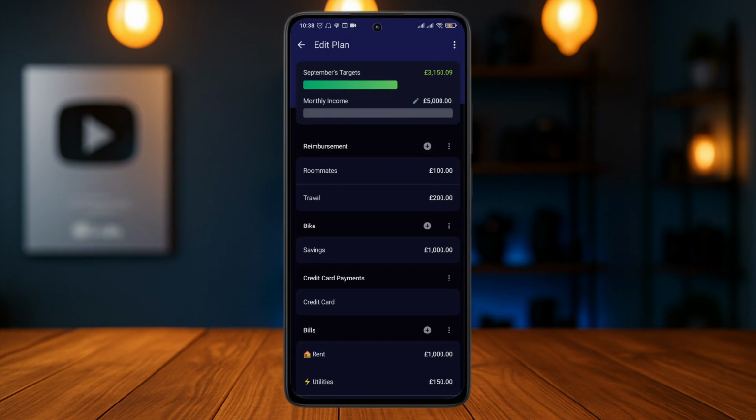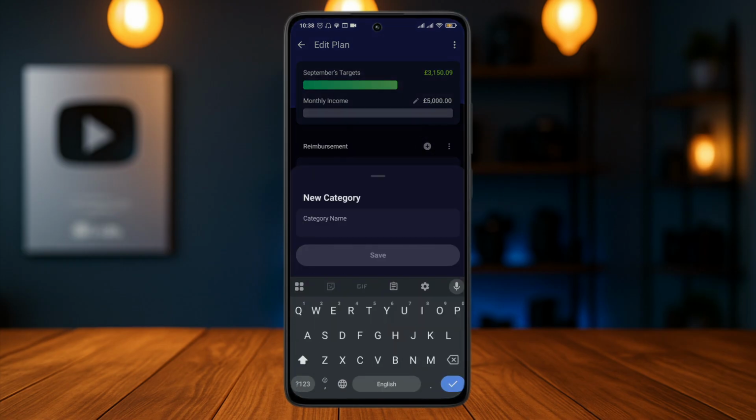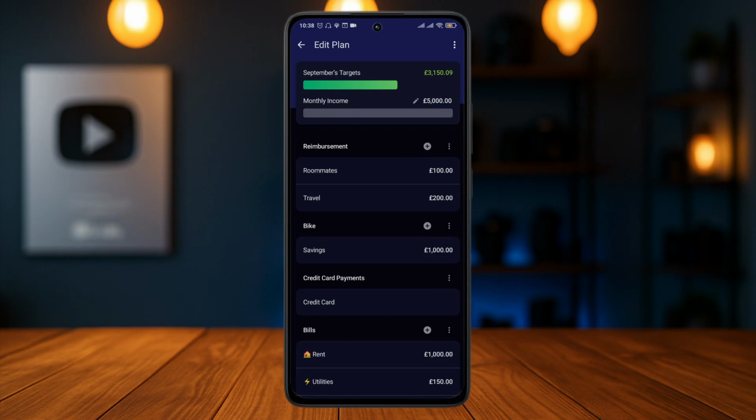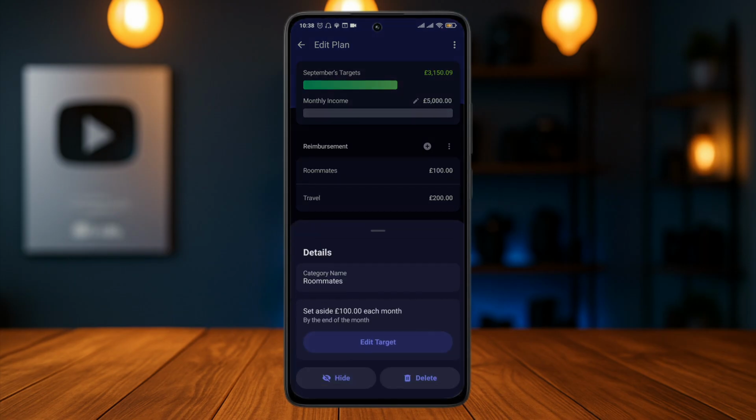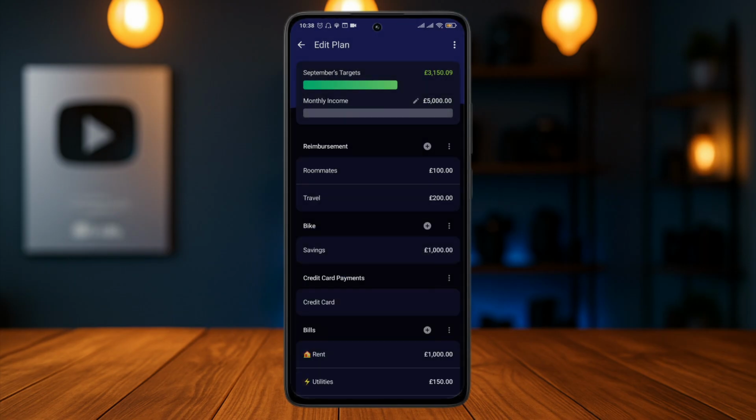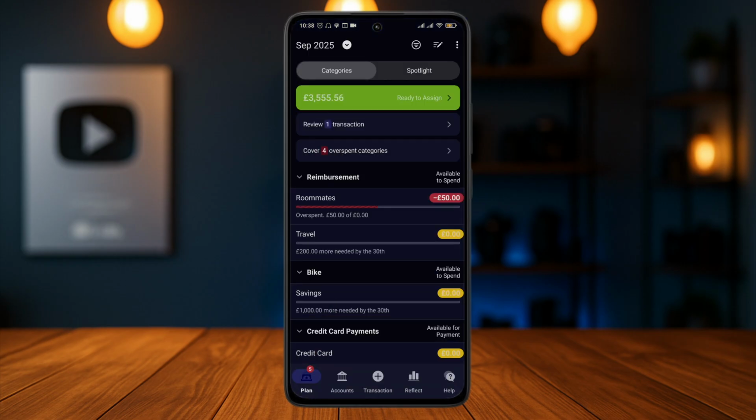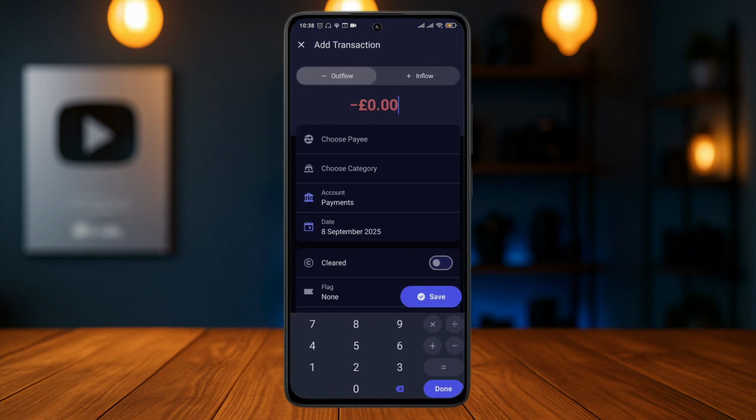So any type of reimbursement that you may have, tap on the three dotted line right here. Once you do, you will be able to add in the exact amount that you need to receive from any of these transactions. Once these reimbursements now have been created, you can now tap on transactions on the bottom, tap